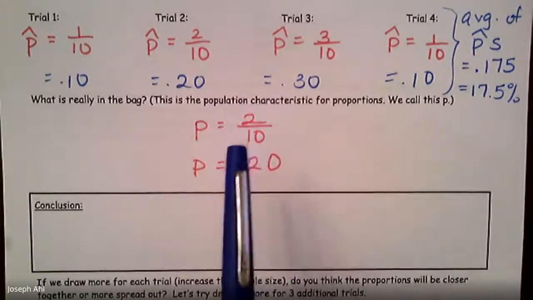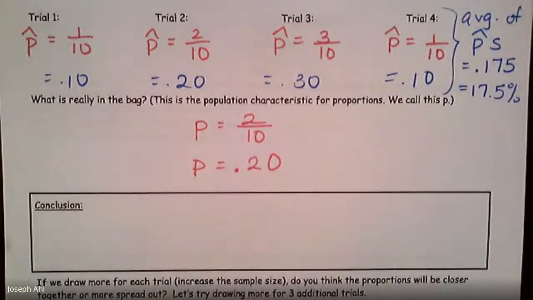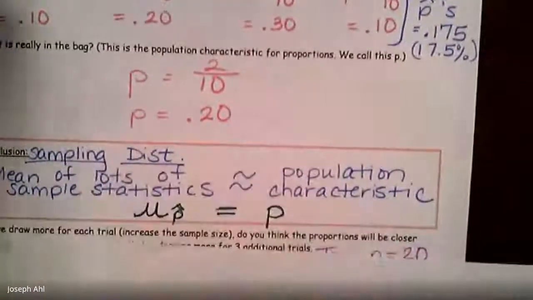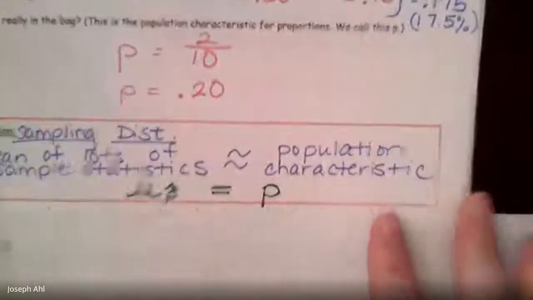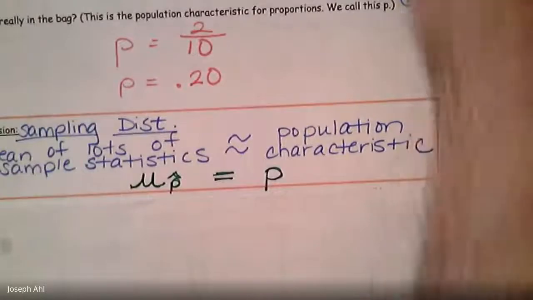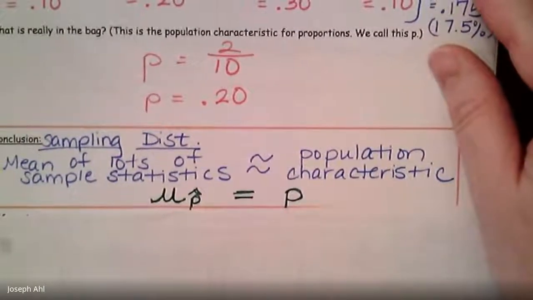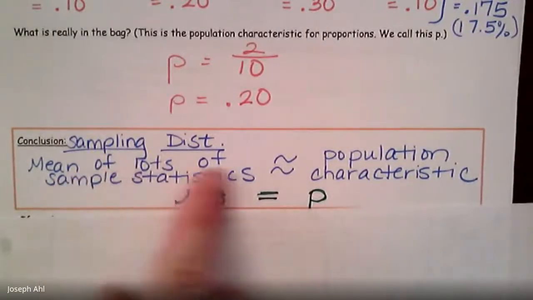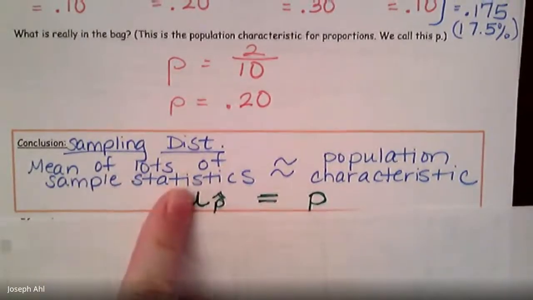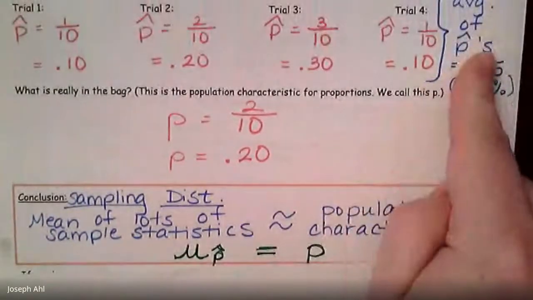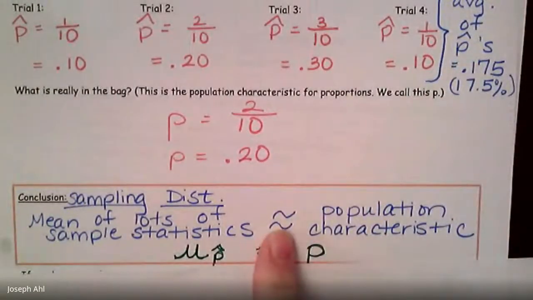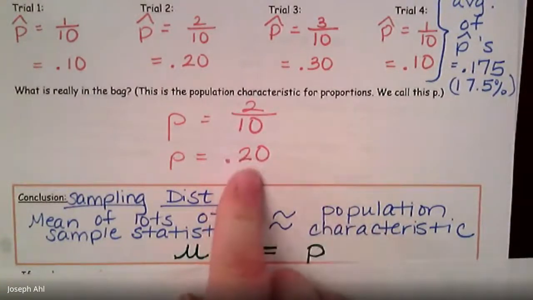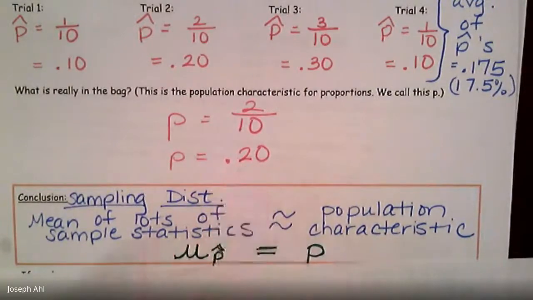So that's what we're going to actually start talking about in the conclusion section here. So in conclusion, let me just kind of pull this over here. Okay, what we just did was a sampling distribution. All those different trials wound up creating what is called a sampling distribution. And the mean of lots of sample statistics, that's what I calculated up here, the mean of all those p-hats is approximately the population characteristic, which is the actual proportion of red chips that happen to be